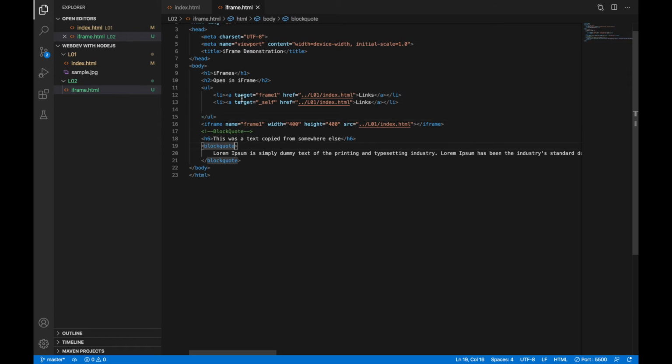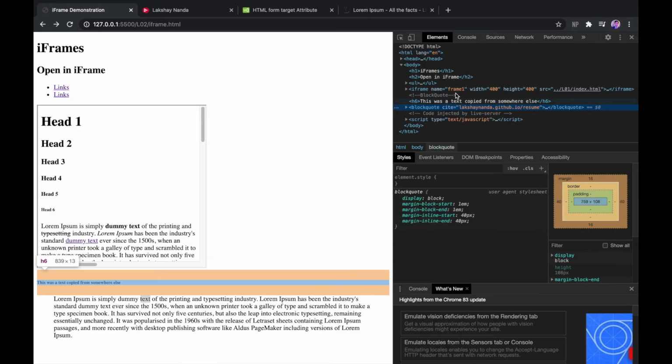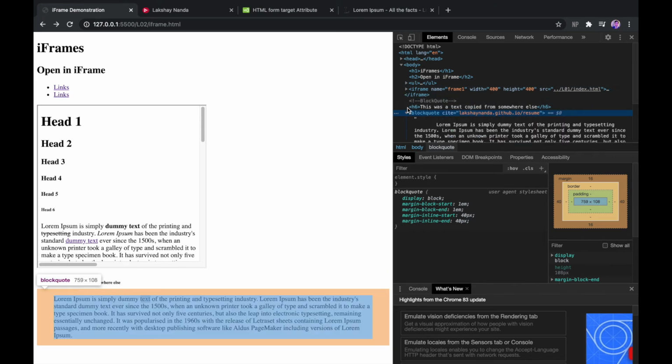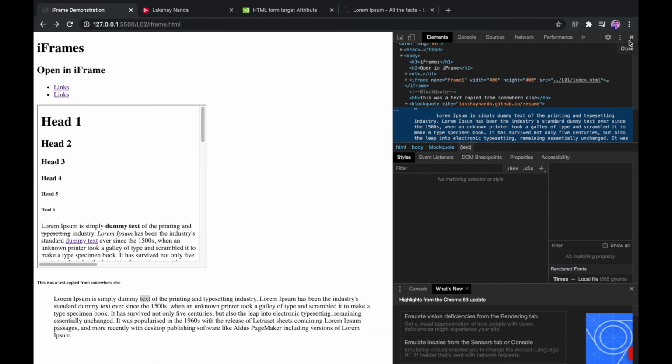And there's one more thing called cite. Inside of blockquote, we can add from where we copied it. So for example, I copied it from, for example, it won't be visible over here from where you copied it. However, when you inspect, see, you can find it over here that this text was taken from somewhere else, and then you see that it appears inside quotation marks. So that was about it.